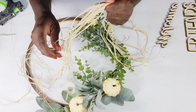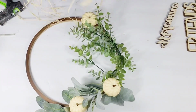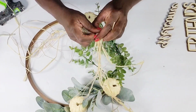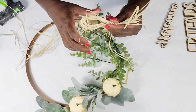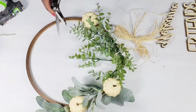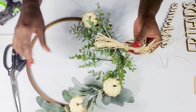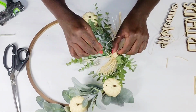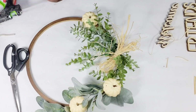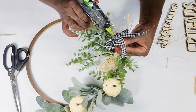what I'm going to do is take that raffia and I'm just going to pull it and create a messy bow. I'm going to tie a simple bow, and then I'm just going to cut the raffia down. Once I get it cut down, I'm going to hot glue that bow right down into that space. And then I did use that buffalo check ribbon to create another little simple bow, and I just hot glued a little pine cone to the center of that,